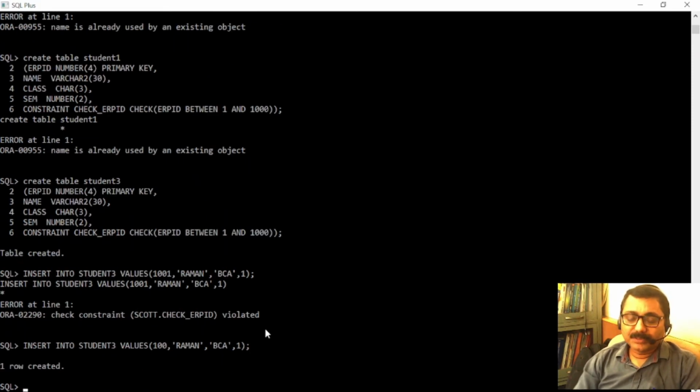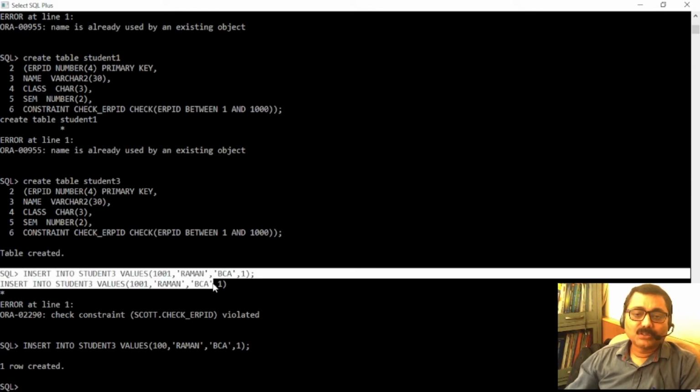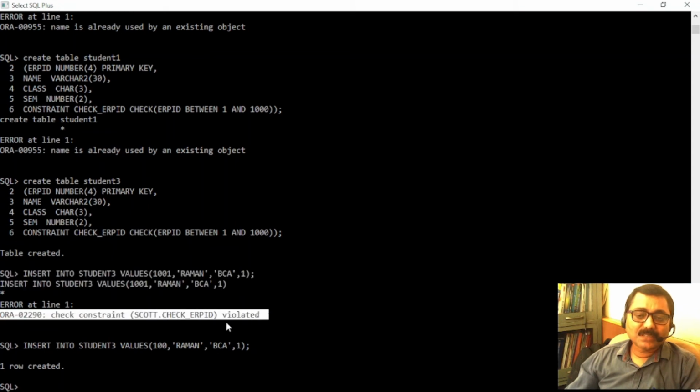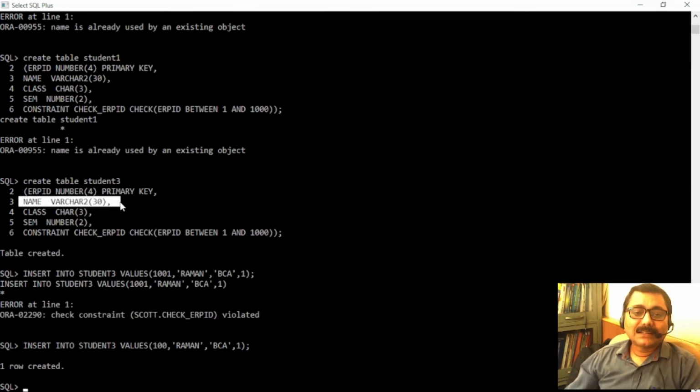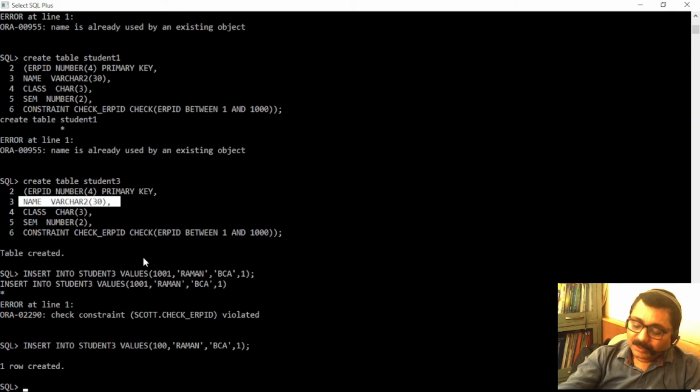But suppose if I'm doing it with 100 only, I will be able to enter. So now with this particular command or hands-on, you must be able to understand that the check constraint which I have just added is working. Now I want to add one more constraint for the name field, and I want that nobody is able to enter any name which is in lowercase.